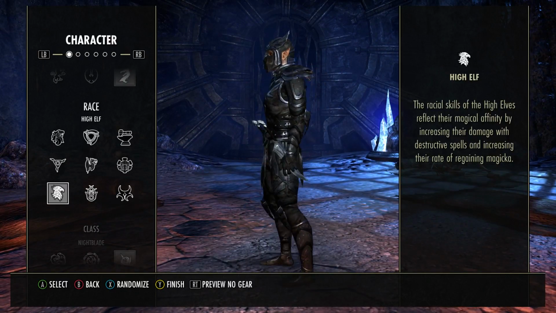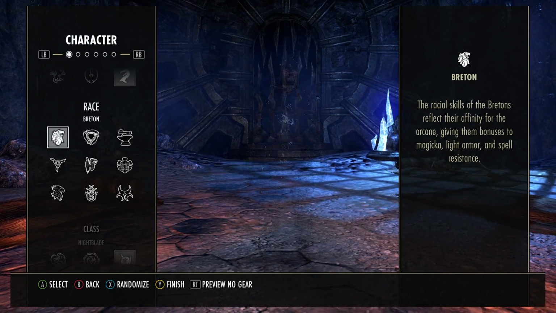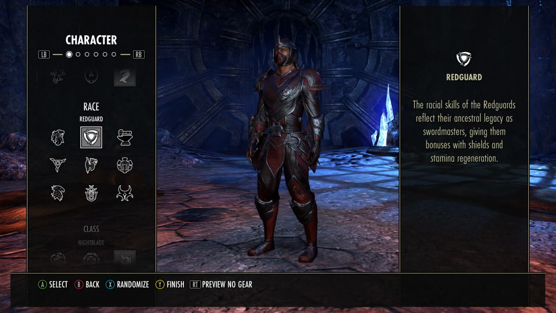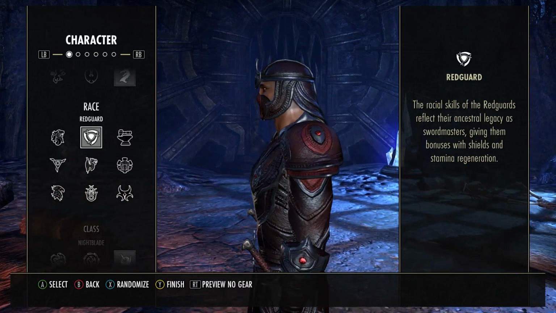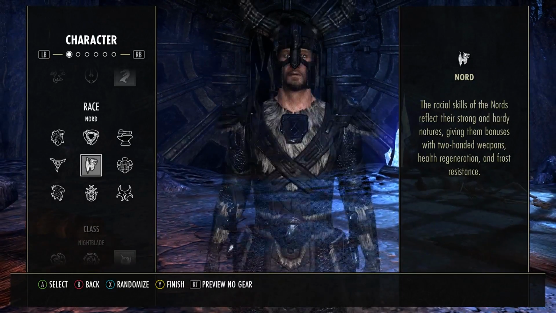I'm showing you guys the difference right here on what the veteran gear looks like for all the different races. And what you will notice when you actually get in the game is, don't these guys remind you of the Unsullied? Real quick, just look at this helmet. You guys watch Game of Thrones, you know what I'm talking about. Anyways,